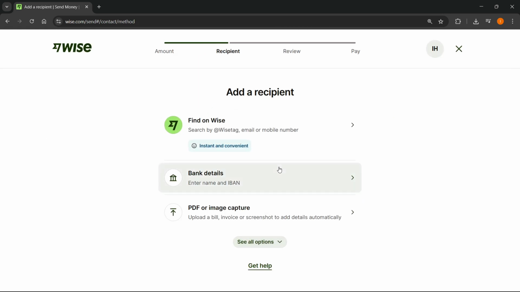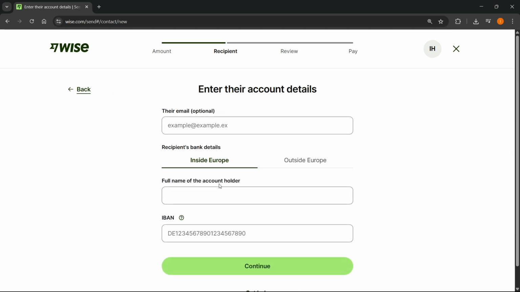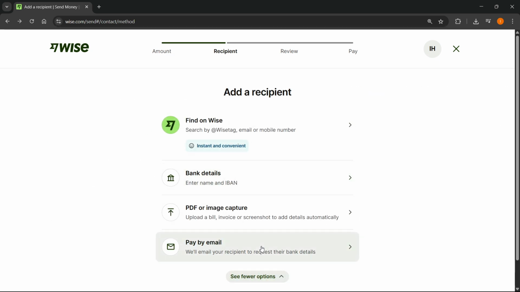Click Add Recipient, and then here, you don't want to do bank details because I do not think Alipay usually has IBANs. So if the person you're sending to does, for some reason, have an Alipay IBAN, you can click over here, and then click someone else, and put in their name and their IBAN. But if that's not possible, what you're going to have to do is see all options over here,